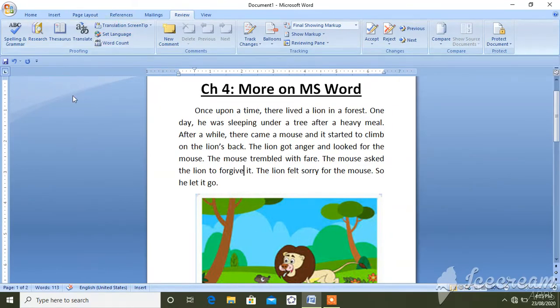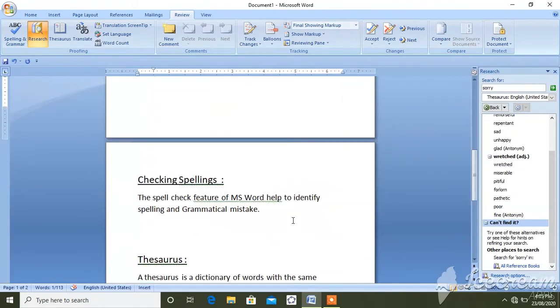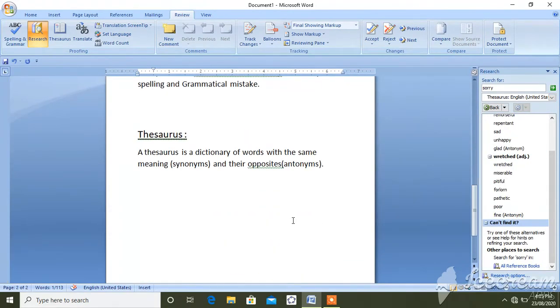We'll go to the thesaurus, select the word. Suppose I select the word sorry here, click on Review, click on Thesaurus. Now see, for this word sorry the thesaurus will display the synonyms and antonyms. Synonyms means the same word and antonyms means the opposite word.